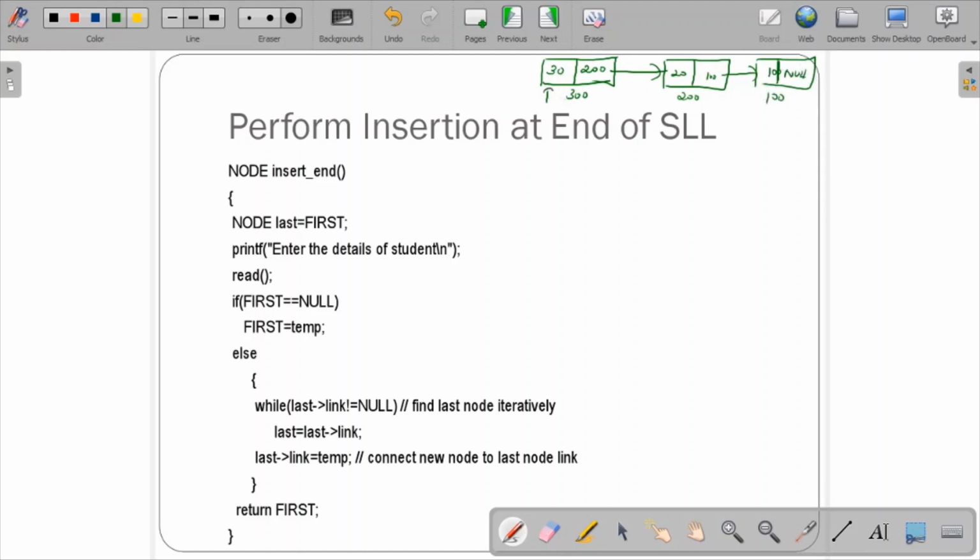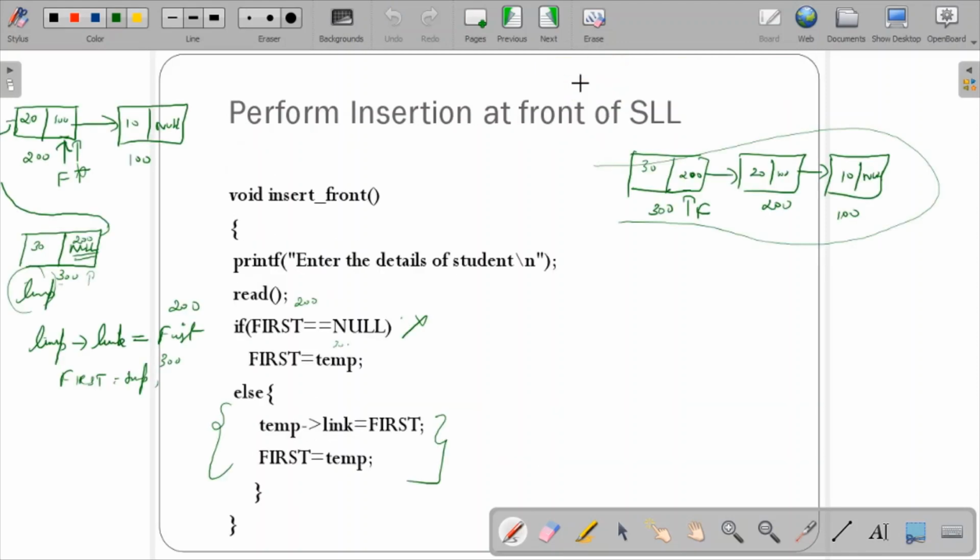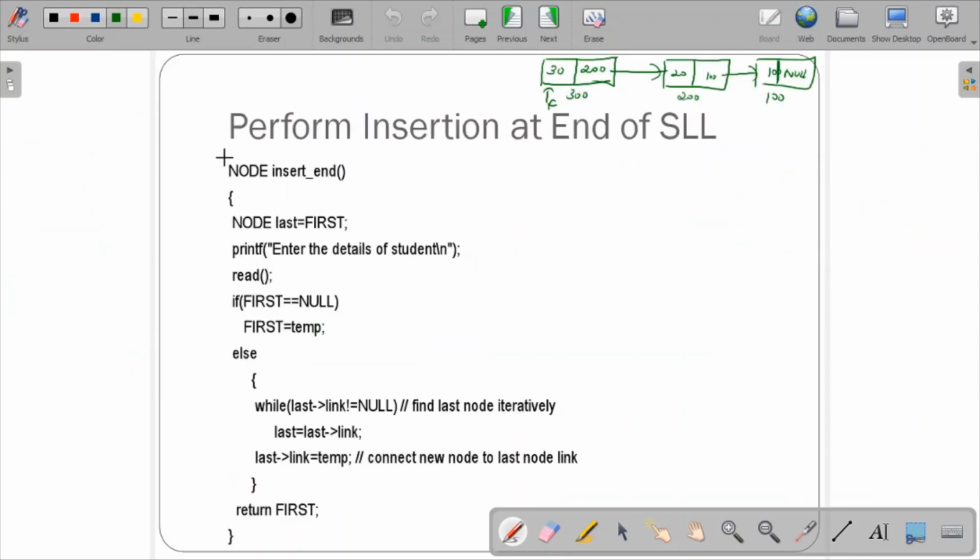First was pointing over here, so first is here, 30, 200 memory address here, fine. This was the single linked list which I brought from here, and here insertion at the end of the SSL.